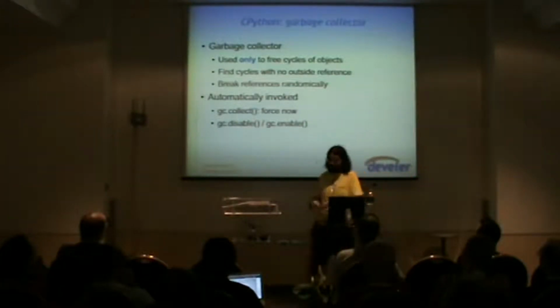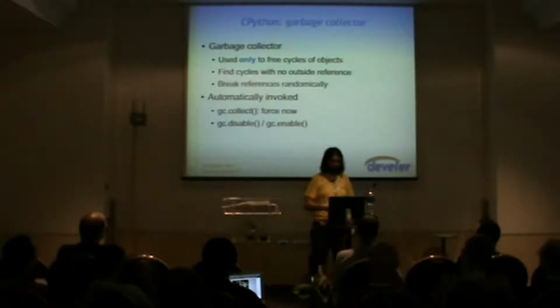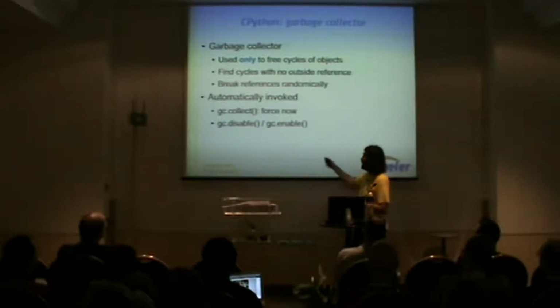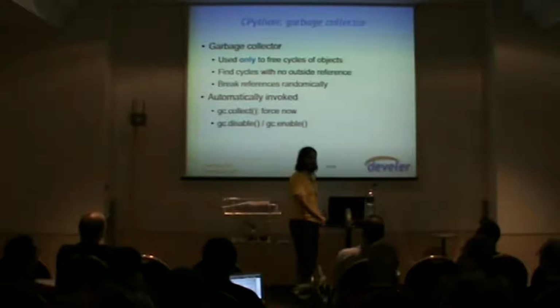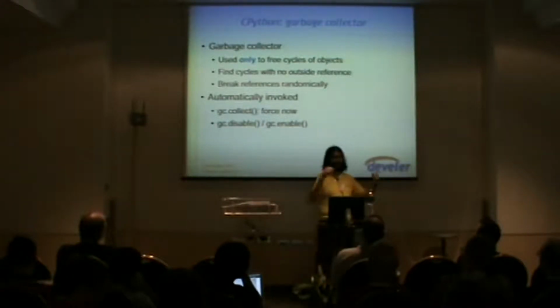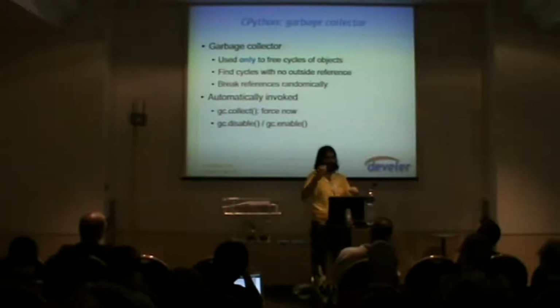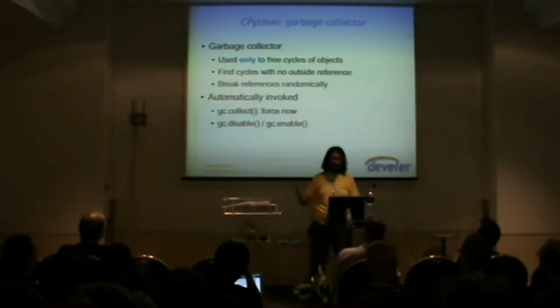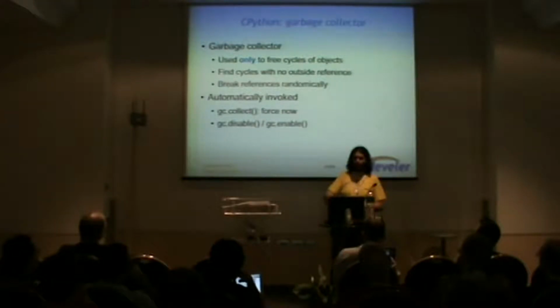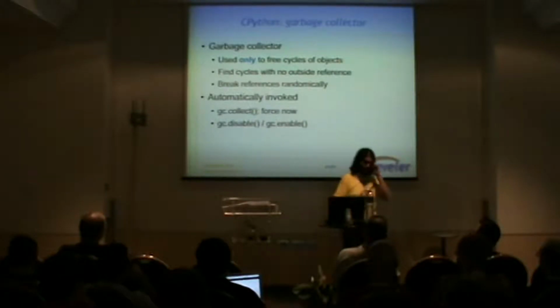Okay, you can force an invocation of the garbage collector through the gc.collect call. This is a way to force garbage collection to happen now, which is very cool for debugging. And you can disable and enable the background garbage collector, which is very useful when you're doing a lot of allocation or deallocation. So when you have a big application, where you open and load a file, you can disable garbage collection while the file is loading, because you are allocating tons of stuff, and then you re-enable it at the end. Otherwise the garbage collector kicks in many times during loading, and you probably don't want that, okay? And this is probably a really nice speed up, which is free for you.